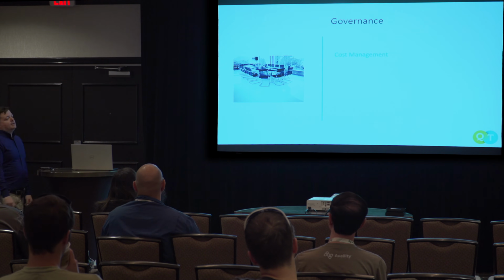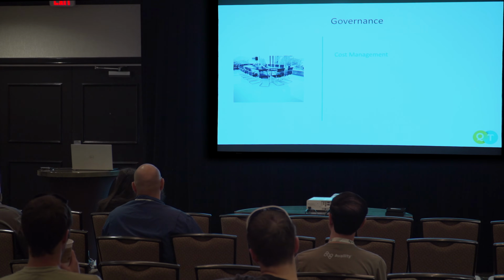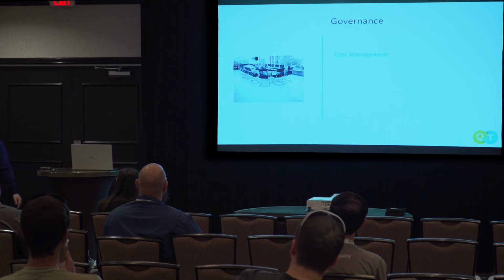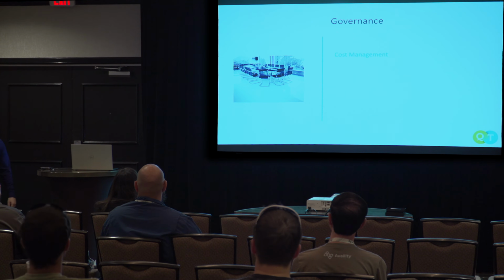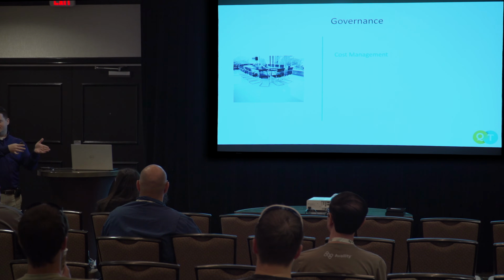For governance, you need to think about cost management. We all work for a company, we spend money, the company wants to know how we spent that money and who and what business unit that gets assigned to. So for cost management, you have to think of it in 2 ways. Think of it as in making sure that you don't spend too much. You didn't have someone on your team turn on that 4 GPU instance of a machine learning VM and leave it on all night, and somehow you wake up to emails about your $3,000 bill. So that's 1. And then 2 is actually getting the reports of that $3,000 bill back to the right part of your system so that they can see what cost center that went to.